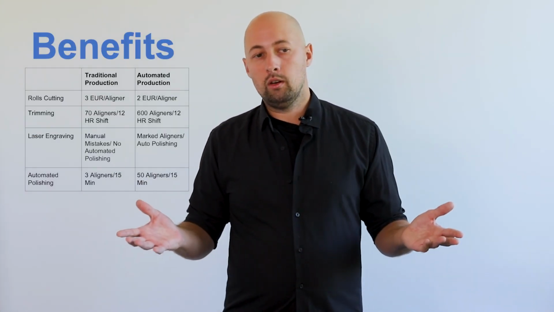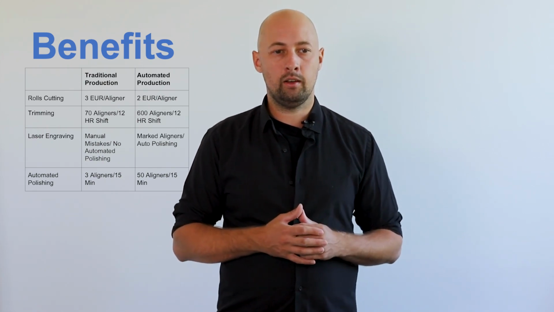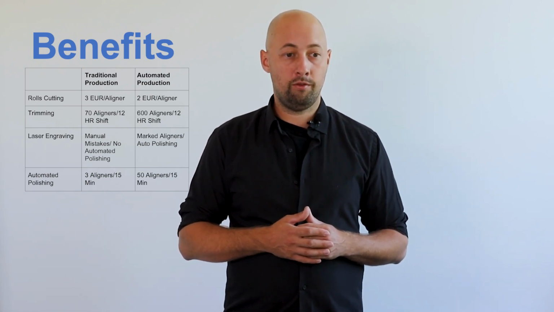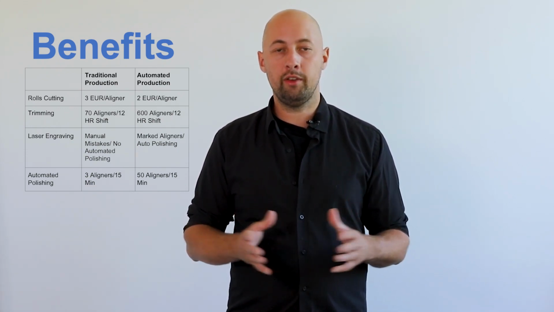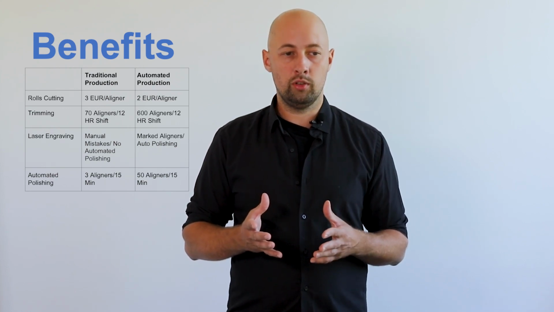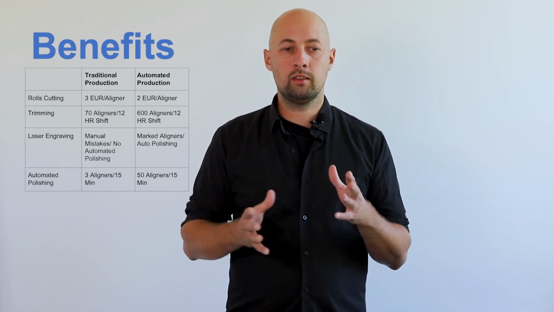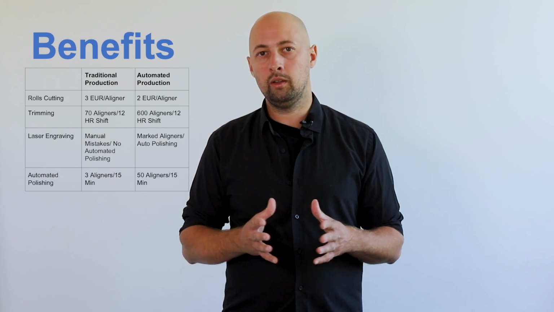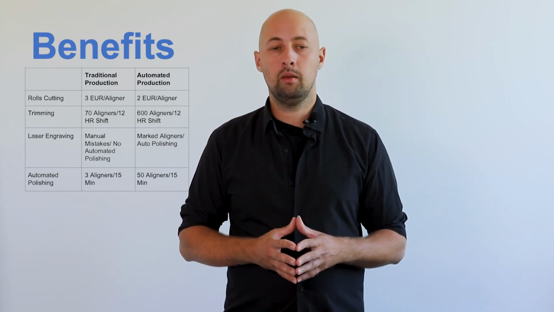So we have described all the modules, all the techniques, and let's just summarize everything that I said. On this table you can see the benefits. We have four modules. So the rolls cutting, trimming, laser engraving, and automated polishing. As you can see on the screen, you can save up to €1 by introducing the aligners foil cutting machine. Then you can produce 600 aligners per 12 hours by using the trimming device instead of 70 by doing it manually. Laser engraving allows you to mark your aligners to avoid mistakes, the packaging mistakes, but also it enables the automated polishing,